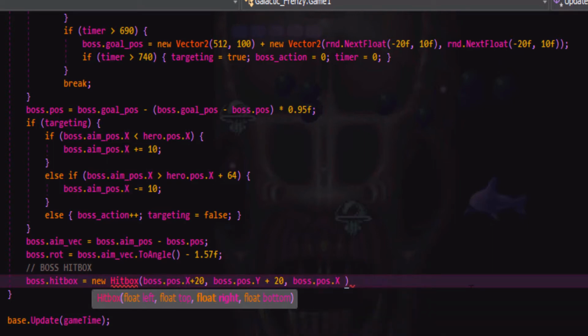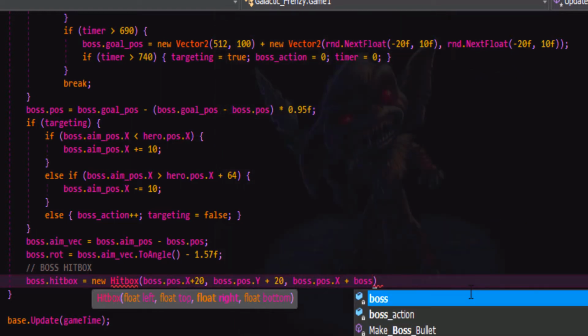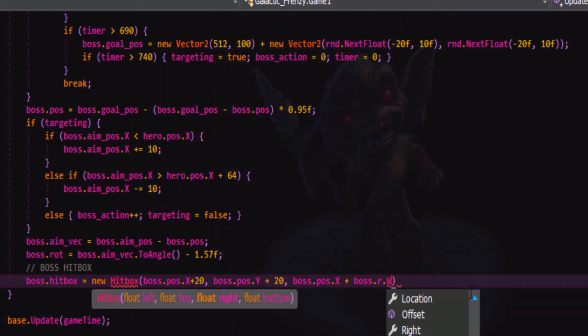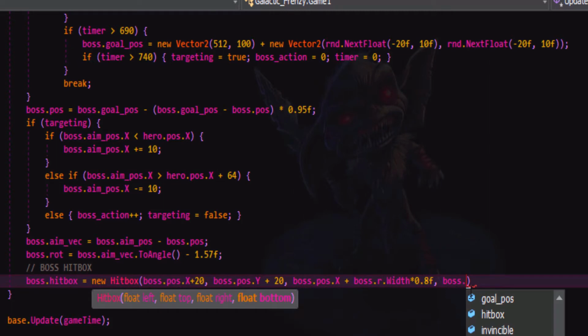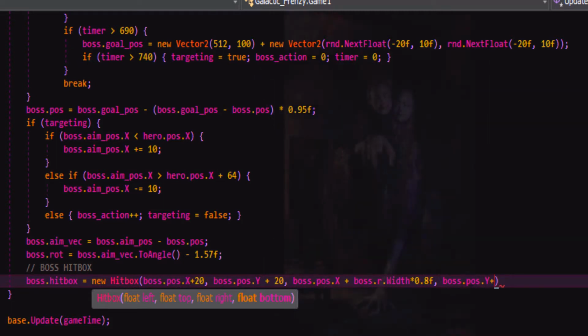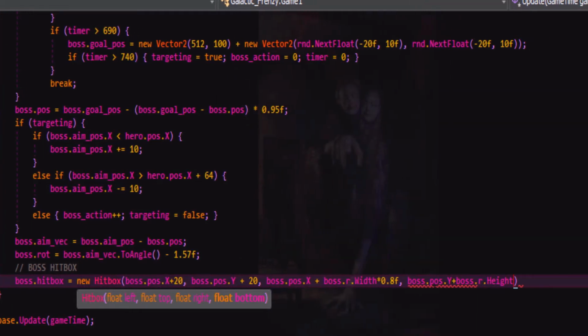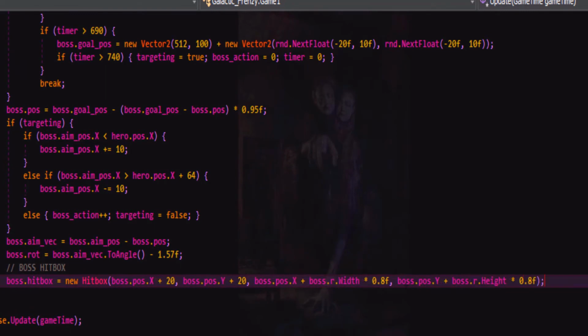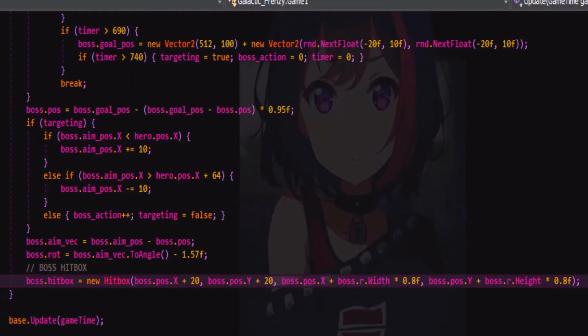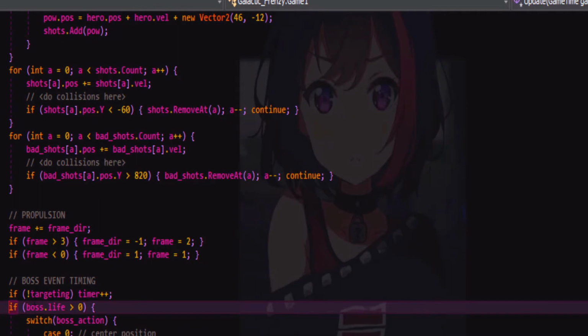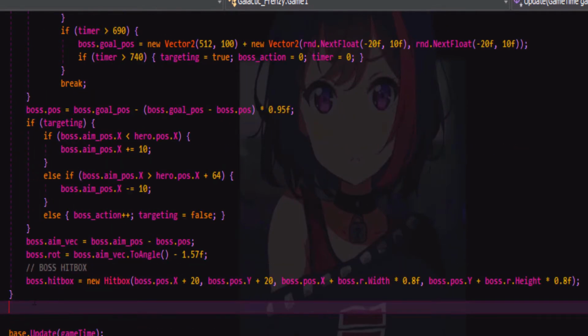So we'll actually use some rectangles to see where those hitboxes are landing, and then we can make an adjustment. So plus width, maybe times 80%, boss position.y plus boss.hard.height times 0.8. And I'll just do the same thing for the hero, except we'll do that under here because we don't care if the boss's life is greater than 0 for setting the hitbox for the hero. So I'll say hero hitbox.